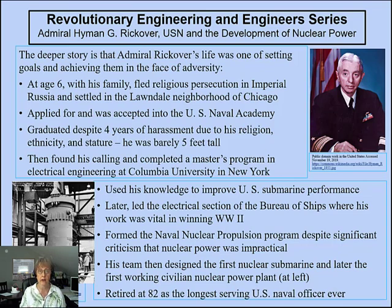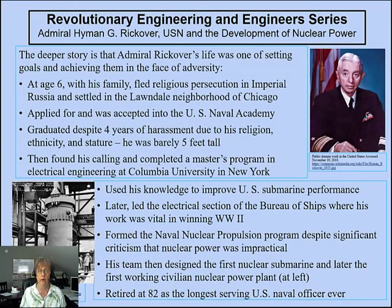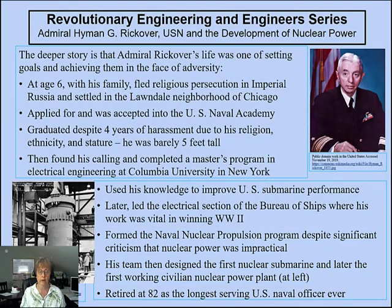And he developed a reputation through his engineering, so much so that when World War II came, he had a very key role in developing the systems that helped us be successful in the Second World War. Subsequent to that, he was then ordered to find a peaceful use for nuclear power, which he did. Now, fast forward from all this, from the 1940s and early 50s, to